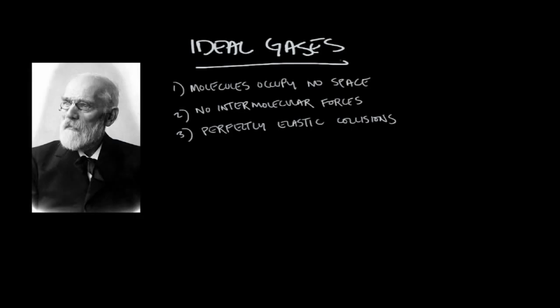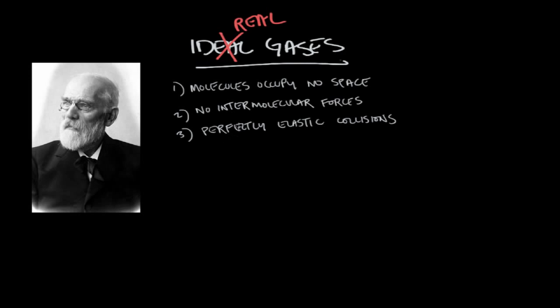Okay, so up until now, we've spent a lot of time talking about ideal gases, but it turns out that no gases are actually ideal. Although the ideal gas law gives us a pretty accurate idea of what's going on, there are slight deviations when we're talking about a real gas. So I want to review the conditions of an ideal gas, and we'll see where these deviations for real gases occur.